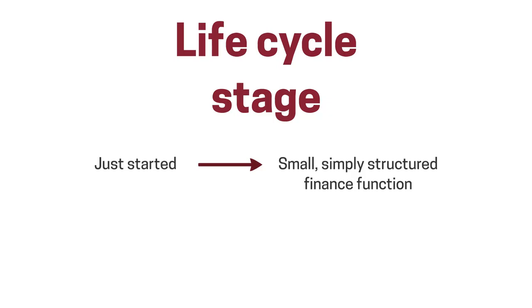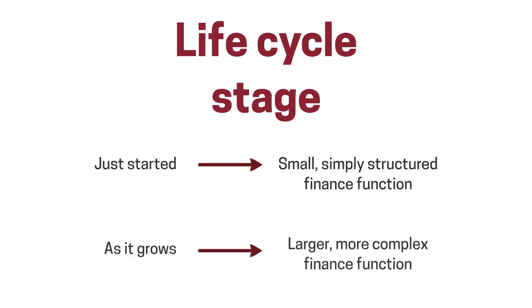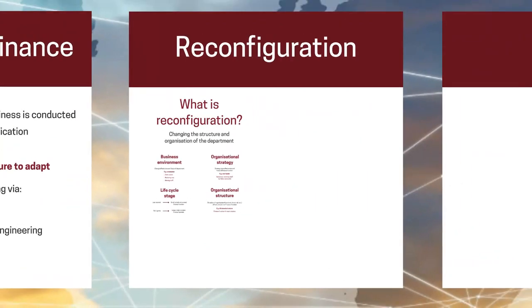And here we're talking about the life cycle stage of the organization. So let's imagine it's just starting out. Well, if it's just starting out, it's only going to need a very small, simply structured finance function. But once the organization starts to grow, it's going to need a larger finance function, because it's going to have to grow alongside the organization. And because it's growing in size, it's most likely that the finance function is going to become more complex. Okay, so they're the four things that need to be taken into consideration when structuring or changing the structure of